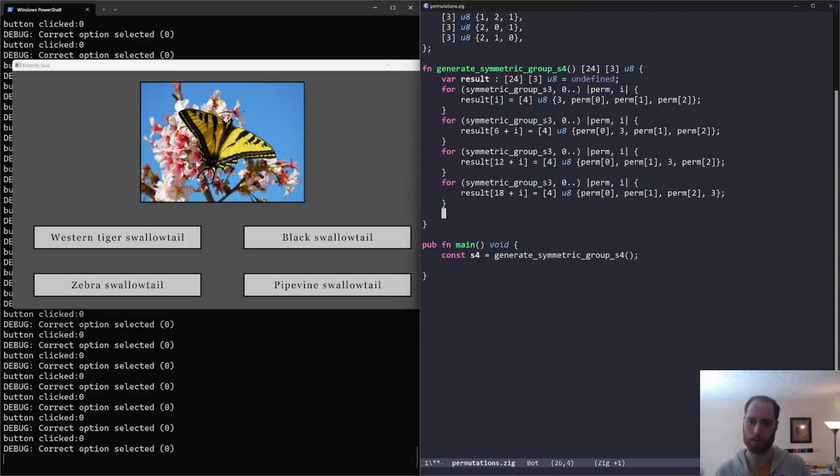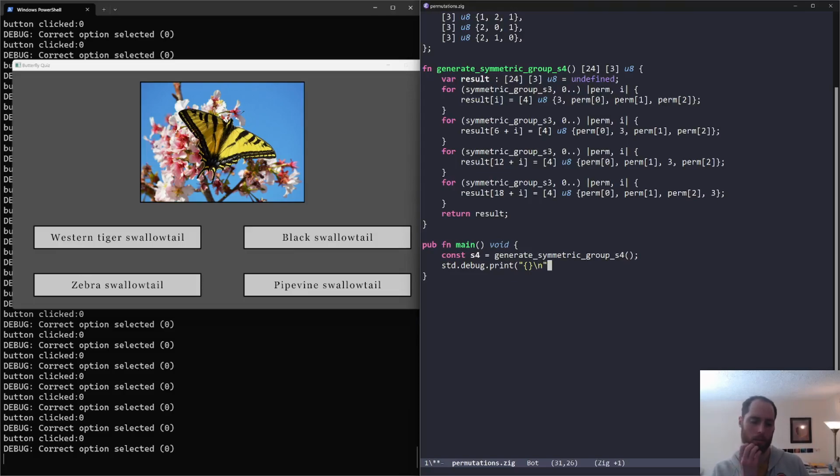Oh, we need to return. And then let's just print it. So std.debug.print